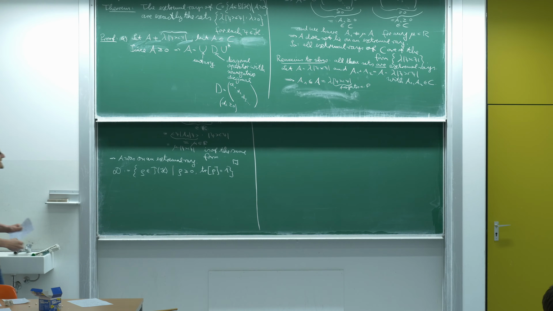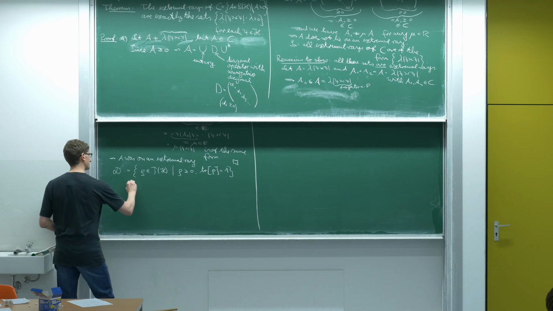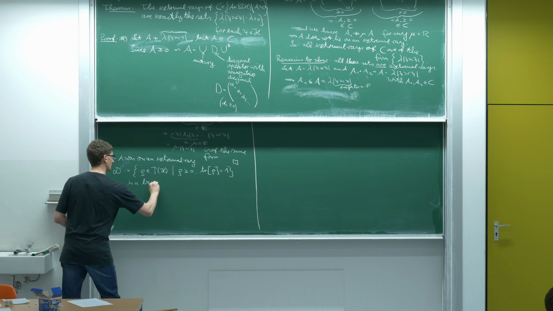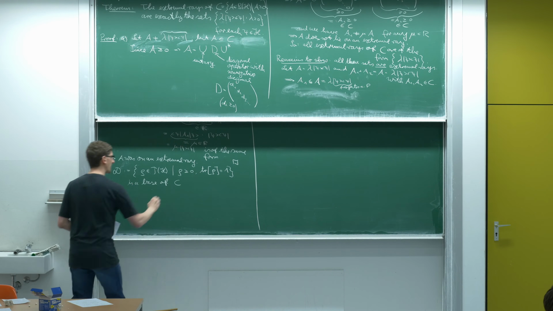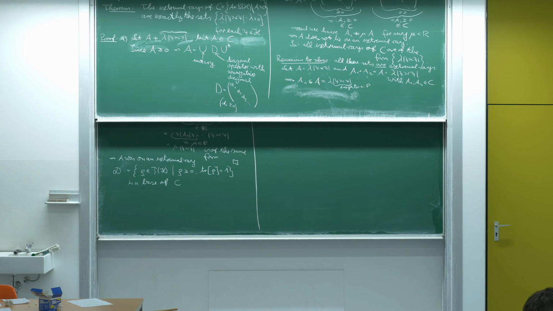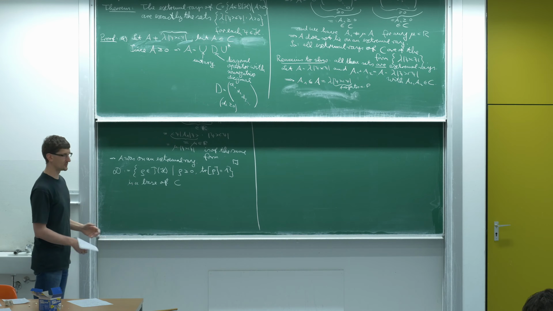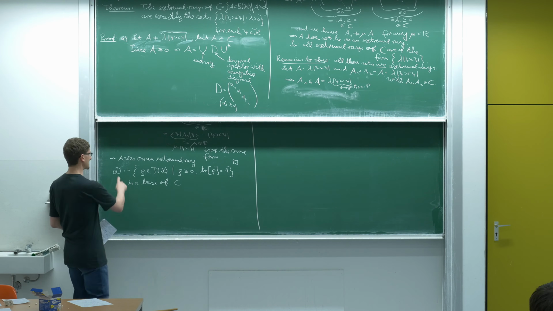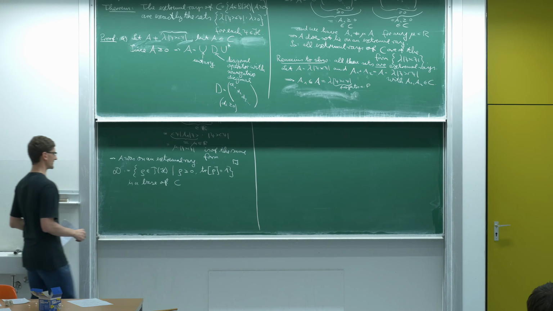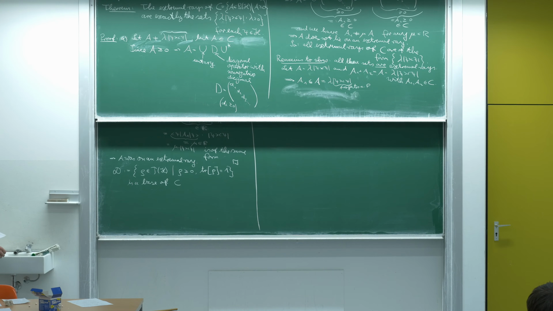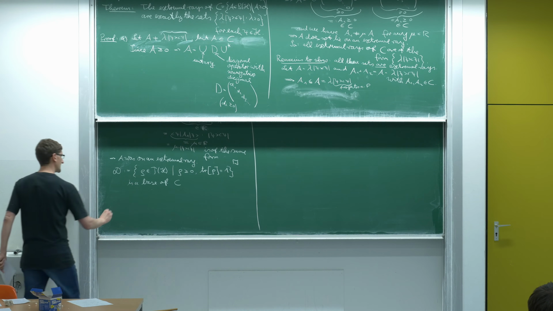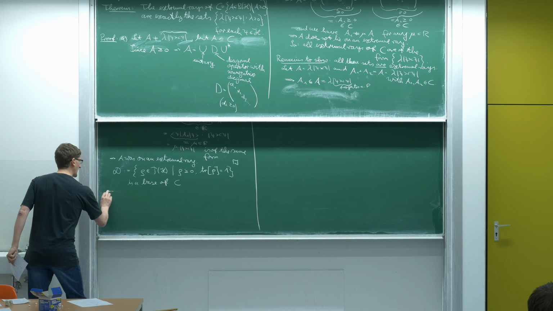As I said before, this is a base of the cone C. It's a base of the cone of positive semi-definite operators, and once we have computed all the extremal rays of this cone, which we have now done, we can immediately say what the extremal points of the set of density operators are. So as a consequence,